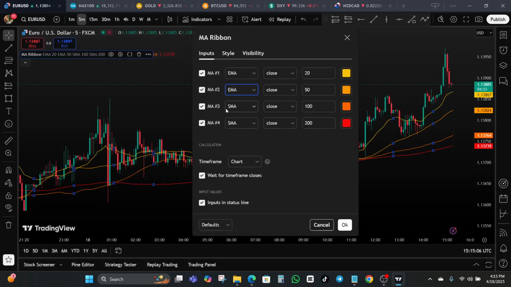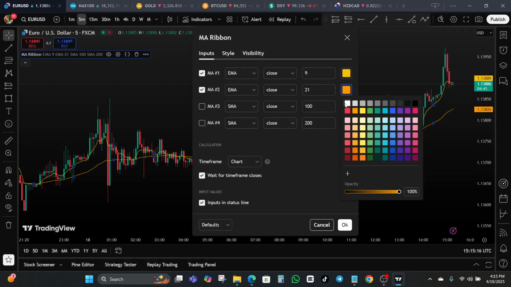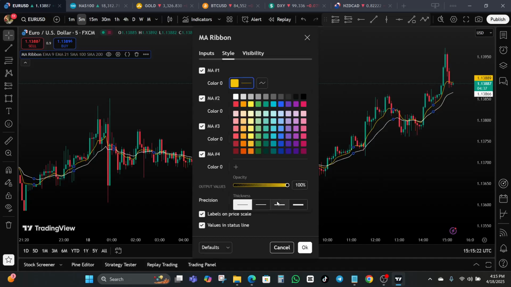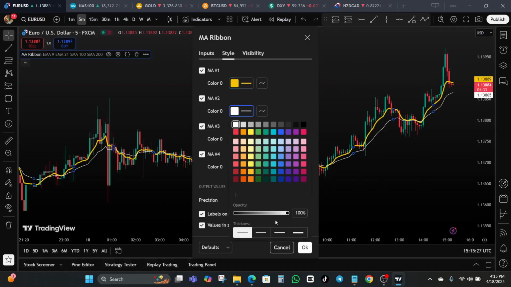You can just close this. It's going to be set to 9, and the other set to 21. Just going to increase the thickness of this, using a thicker line for easy